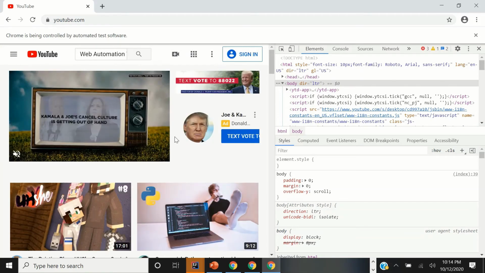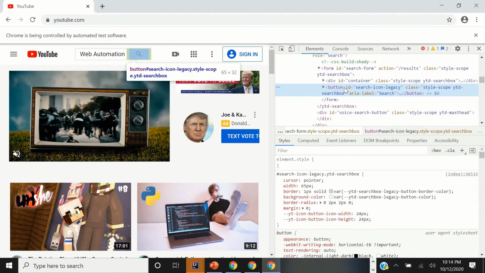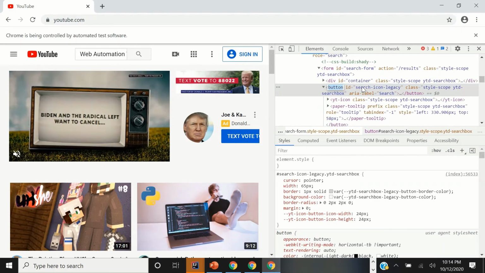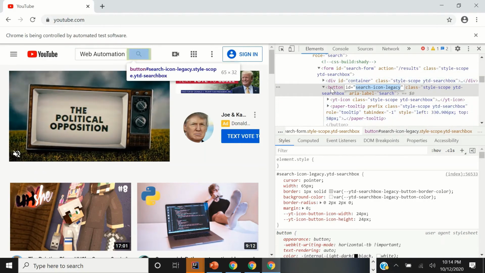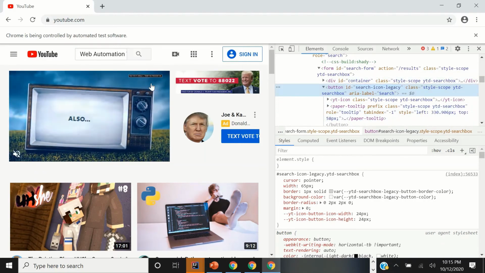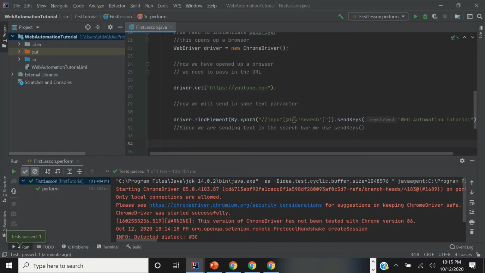Right click on it. Yeah, so it's button ID and search icon legacy. If you hover, it should tell you exactly here. Okay, so now